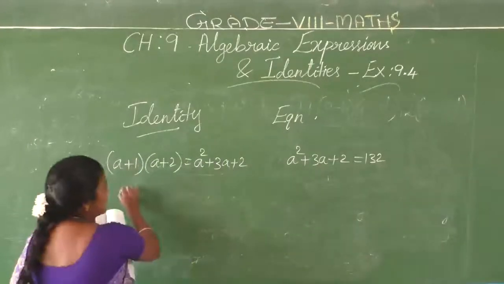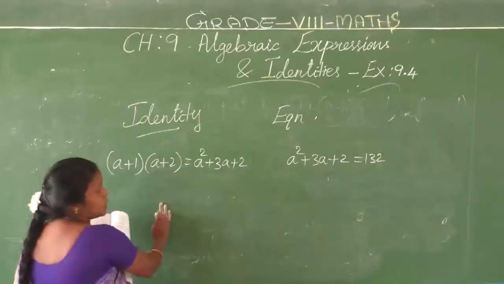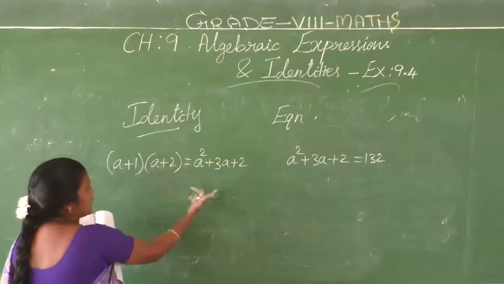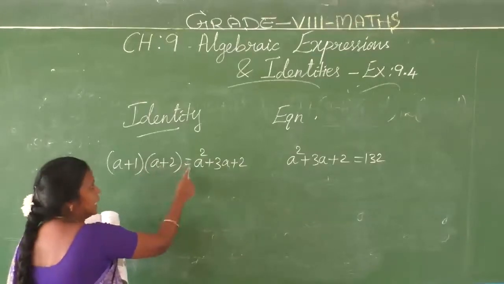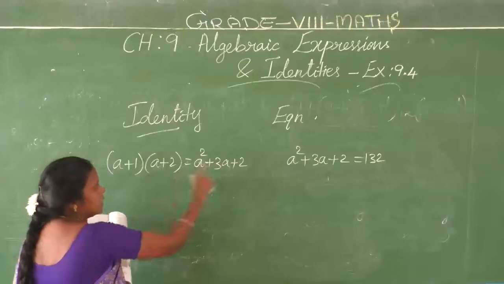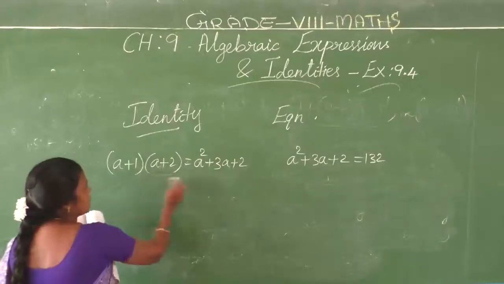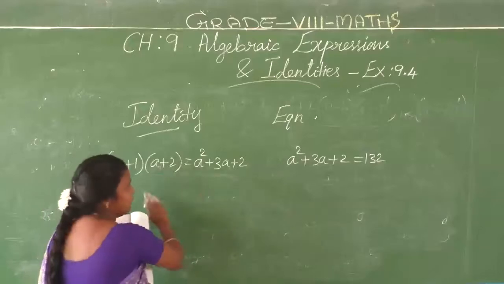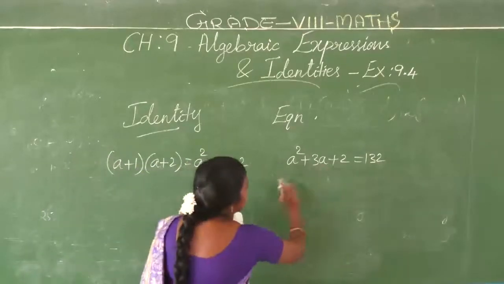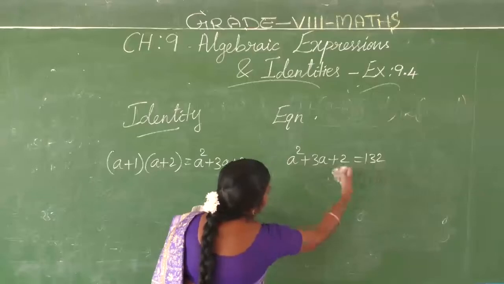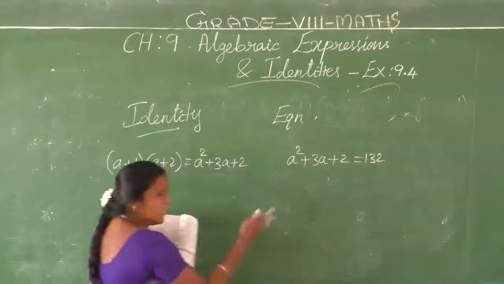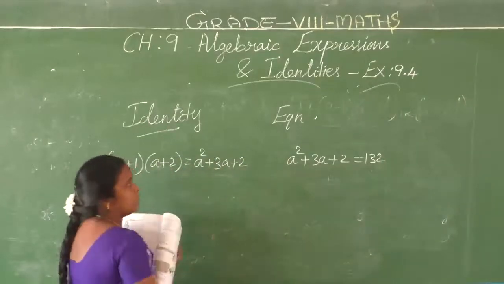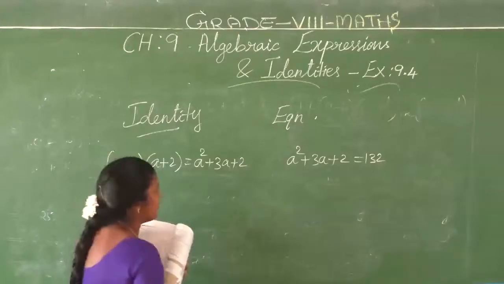This is one equation. Actually, what is an equation? Two expressions on both sides with an equal sign in the middle is called an equation. This is one expression, this is another expression, both connected by an equal sign, so it is called an equation. This also, this is one expression, that is one expression, both connected by an equal sign. It is an equation only. All this I taught clearly in the second chapter itself, linear equations.